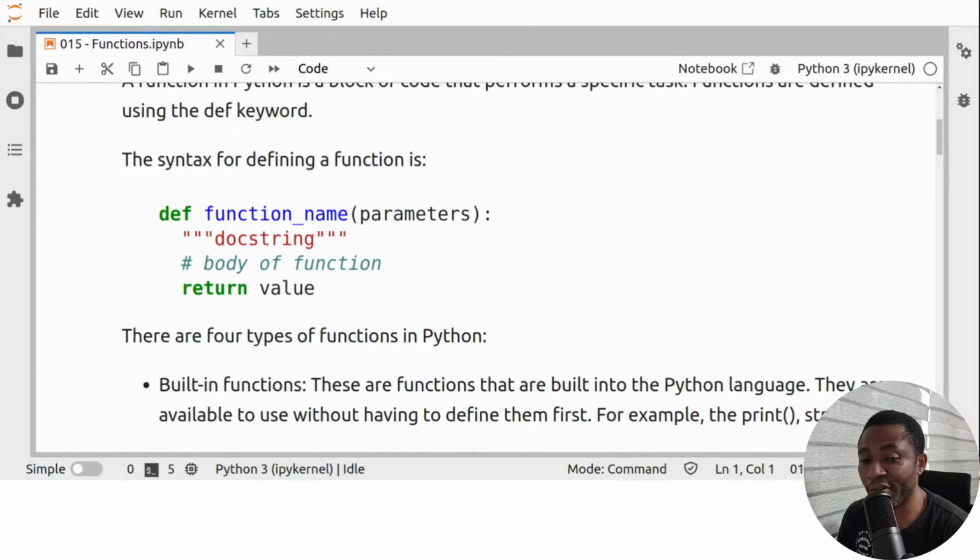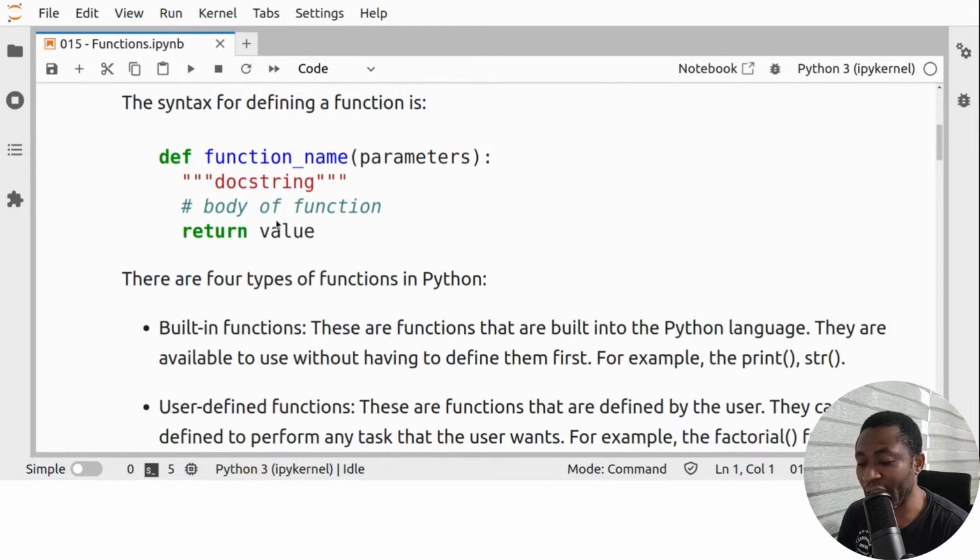The syntax for defining a function is: you have def followed by the function name, which is also known as the function header, and then, in parentheses, the parameters, also known as the input arguments, followed by a colon. Right after that, on the next line, you have your docstring, which could be a one-line docstring or a multi-line docstring, which begins with triple quotation marks and ends with triple quotation marks. Then follows the body of the function, also known as the main body of the function. And after that, a return